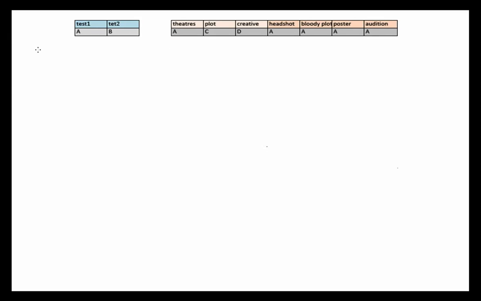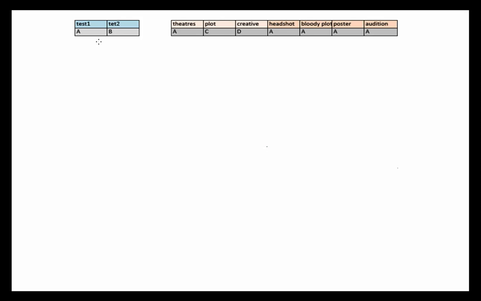Alright, so the first thing is that you have to know that this is just a halfway point, so I'm not going to be calculating the essay that you're going to be writing towards the end, the play review. I'm just going to be calculating your test grades and your assignment grades and then your class participation grade. Alright, and so I have up here a sample of